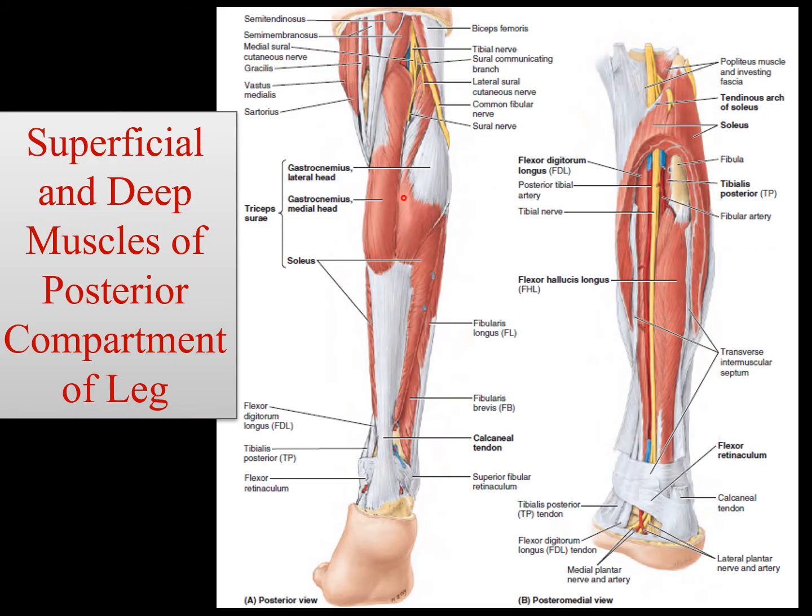So this is the diagram of superficial as well as deep. Gastrocnemius, two heads, medial and lateral head, and the soleus muscle below the gastrocnemius, combinedly forming the tendocalcaneus. These three parts of the muscles, the lateral and medial head of gastrocnemius and soleus, are combinedly named as triceps surae. They are named as triceps surae, gastrocnemius medial and lateral head as well as soleus, and they attach to